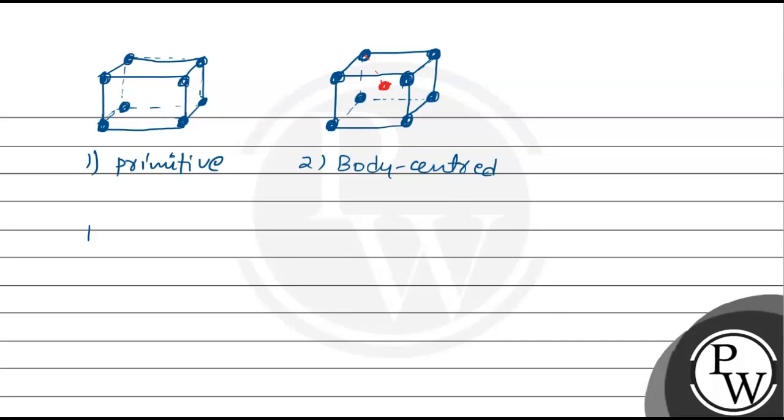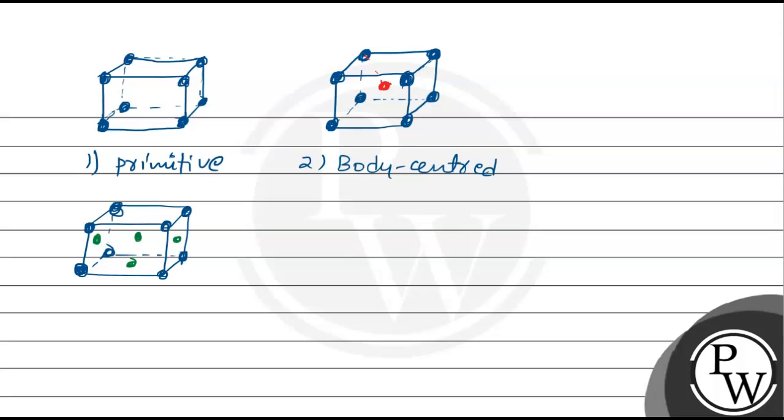And let's draw third, that is face centered. So here in this face centered, all the atoms are present at corners of the cube along with all the face centers. So let's draw its structure here. So this is the cube. Here we are drawing the structure of the cube, and here atoms are present. First of all, let's represent blue atoms as corner atoms and face centered atoms with green. So here it is first and here it is second, third, fourth.